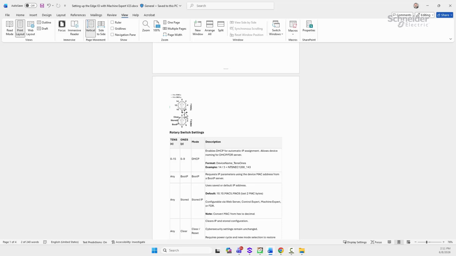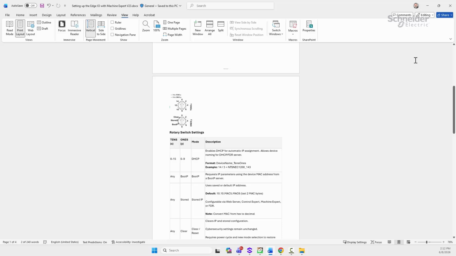The advantage of that is if a device needs to be replaced, you could just match the rotary switches to what it was, and then the controller will download the configuration automatically. So in this case, for example, if I want to set up the rotary switch to 001,